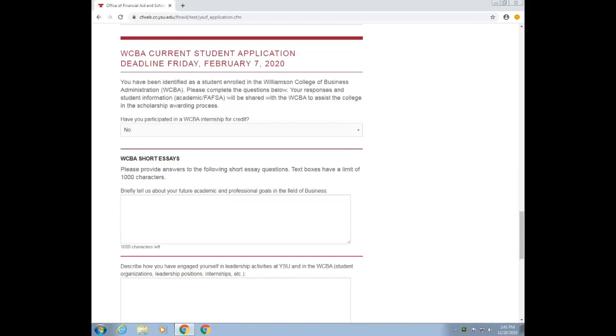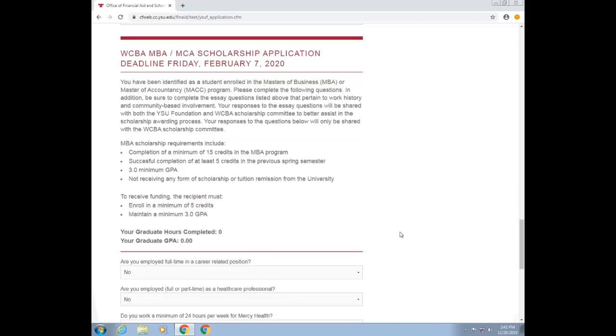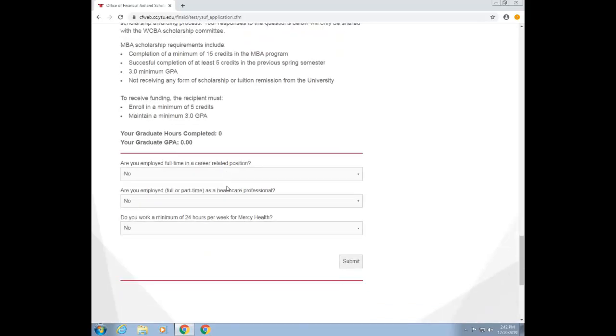If you are a student within the Williamson College of Business Administration, you will also be asked a separate set of questions for consideration of WCBA-specific scholarships. Additionally, students in pursuit of a Master of Business Administration or Master of Accountancy degree and who meet the scholarship eligibility criteria will be given an opportunity to answer questions to qualify for scholarship funds available to this specific student